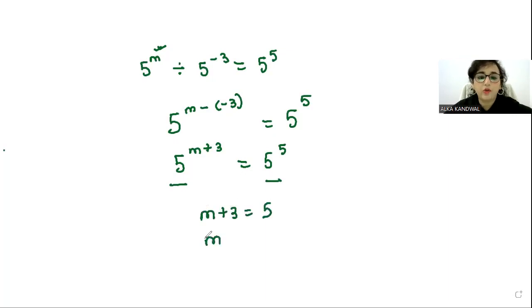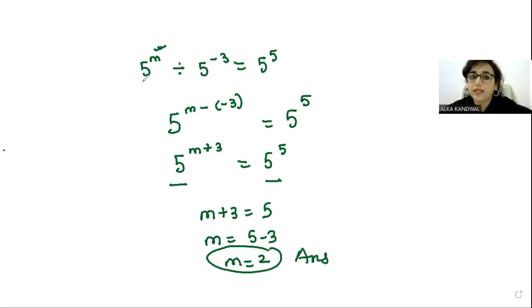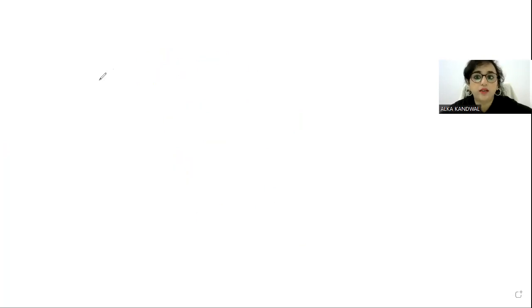So what will be the value of m? M is equal to 5 minus 3. That is nothing but 2. So the value of m comes out to be 2. Is it fine? क्योंकि हमको ये पता था कि बेस सेम है, डिवाइड है, तो हम लोग ये प्रॉपर्टी लगाने वाले हैं. सो दैट इज हाउ यू विल सॉल्व इट. फाइन. नाउ अनदर क्वेश्चन. Here we go with the next question. Is it fine? Any doubt? Do definitely comment on the chat box. I am definitely there to solve out your queries.